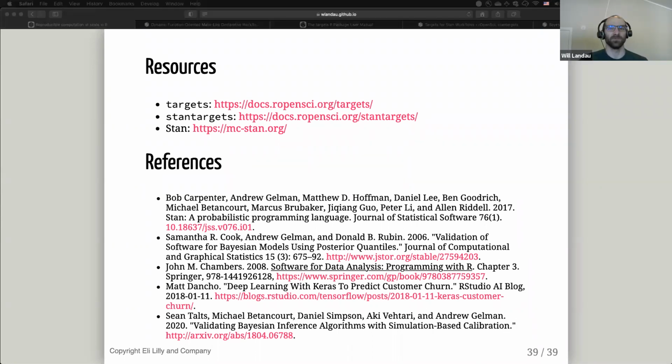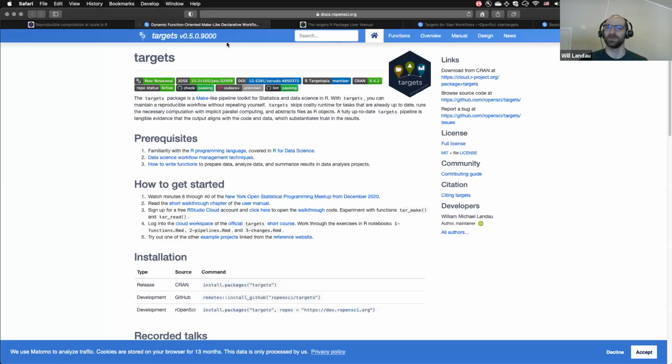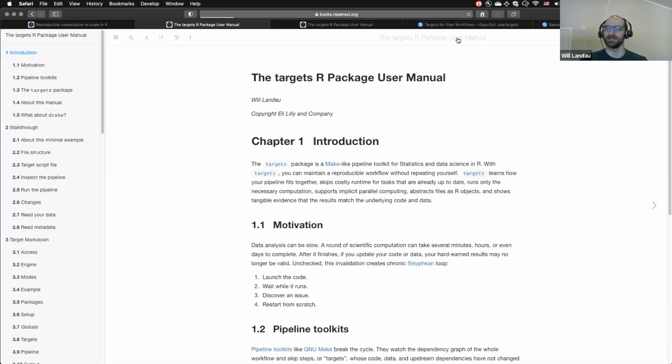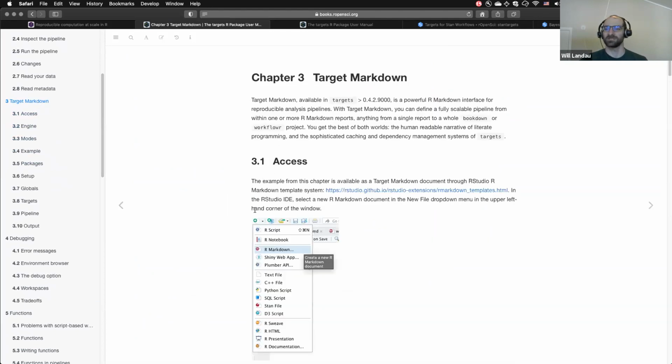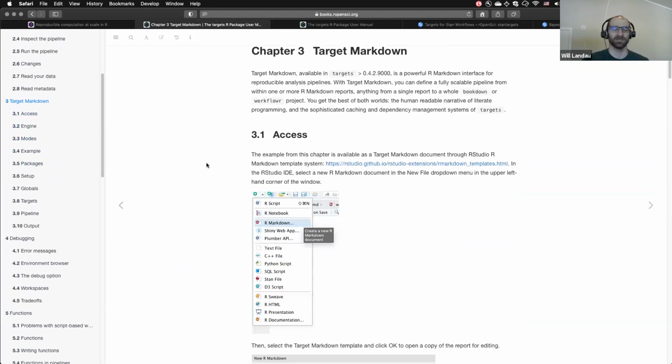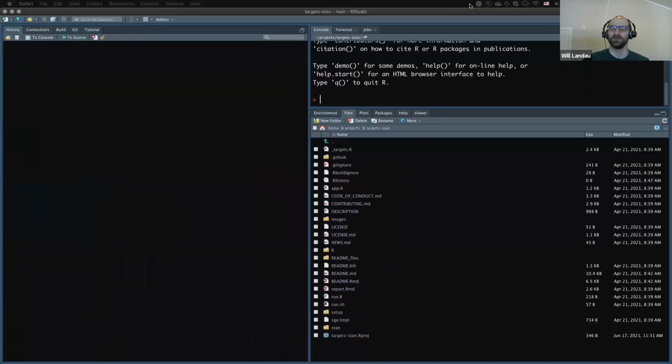Great. So I would like to share something called Target Markdown, which is another extension to targets, but it wasn't part of my original slides, and is compatible but not directly related to Bayesian data analysis with targets. I've documented it. It's in development targets right now, and it's in this chapter of the targets user manual. There's a built-in template that helps you get started. So if I go to our RStudio session,